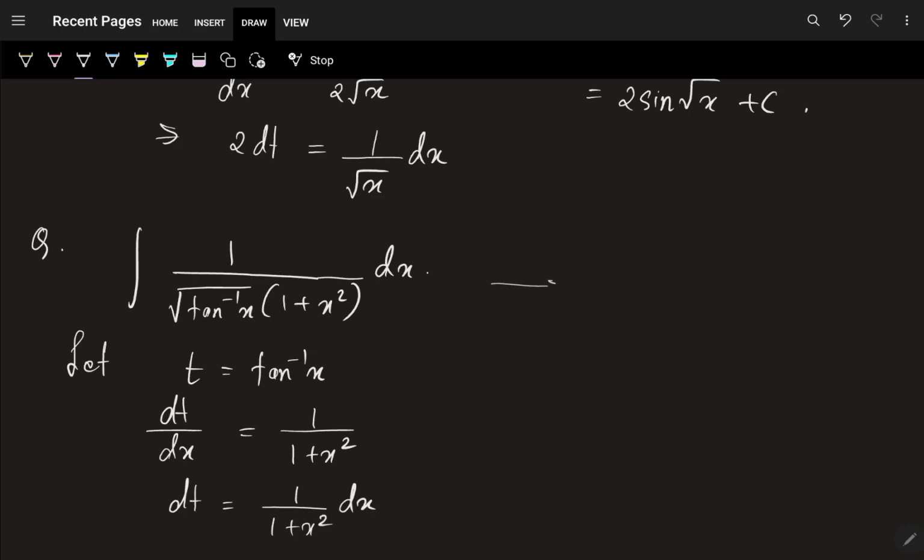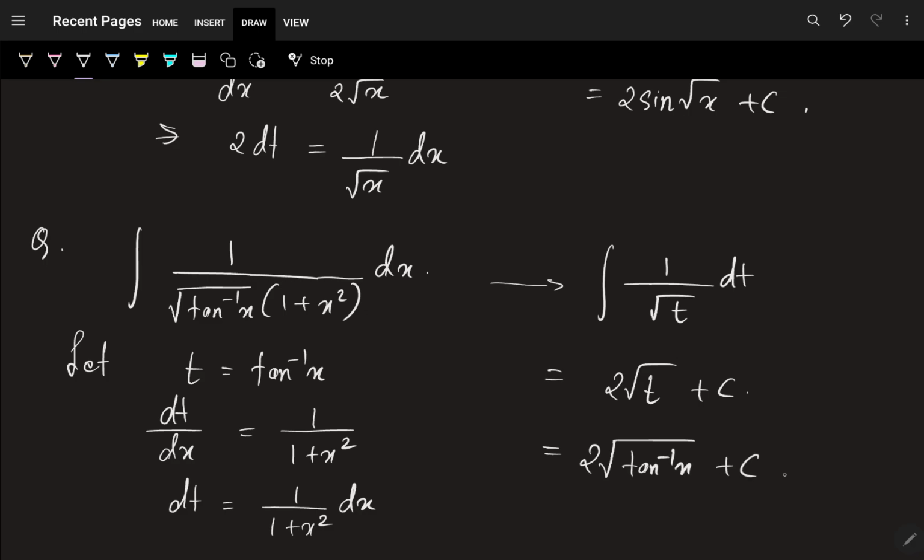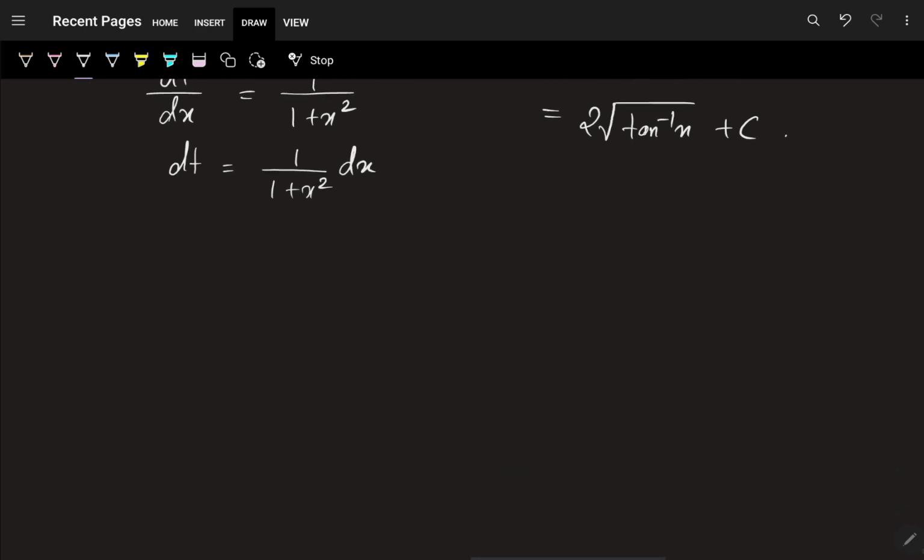So my integral will become integration of 1 by root t, and everything else is going to be dt. Now 1 by root t dt is 2 root t. Okay, standard formula. Now what was t? t is tan inverse x. So this is 2 under root tan inverse x plus c. Okay, so moving on to the next question,